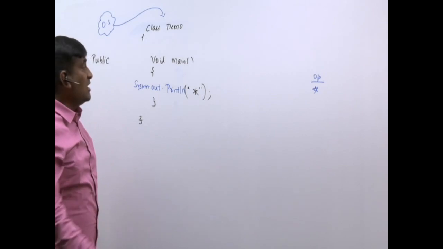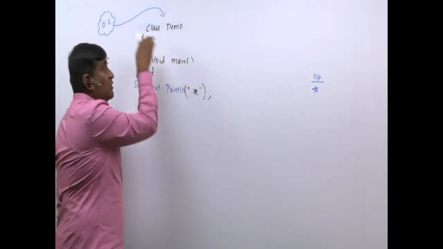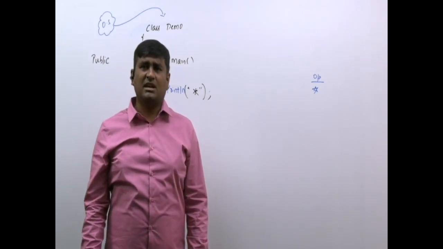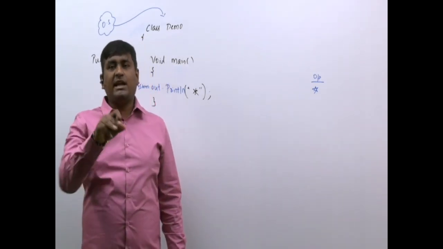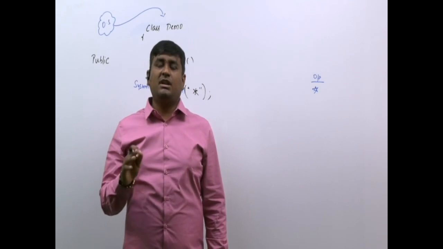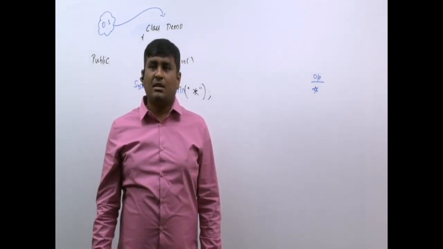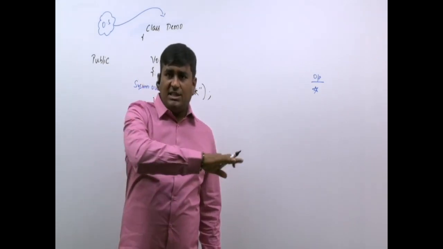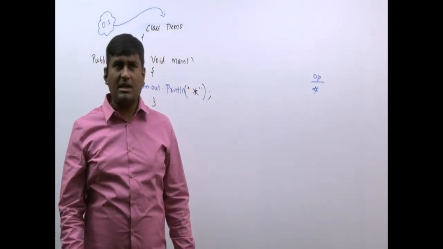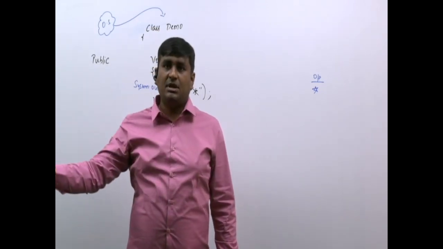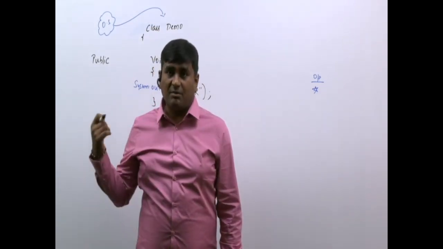But still one problem exists. What is that problem, sir? OS can see the main method, but OS can't access the main method. Sir, confusing, sir. What, sir? You can see it, but you can't access it. If I want to give an example, assume when you go to the jewelry shop, all the jewelries are visible to you. Yes, sir. All the jewelries I can see. Can you access all of them? Oh, no, sir. That is a problem.